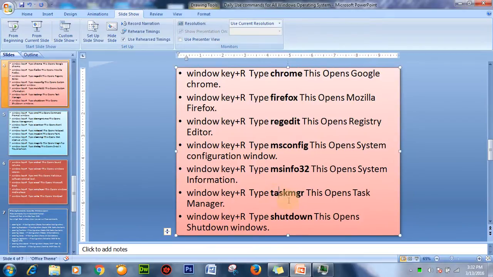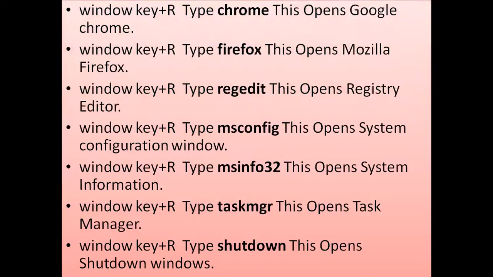It's gonna be task. Okay, here we go. Alright, now you can see it's corrected. Now this will open